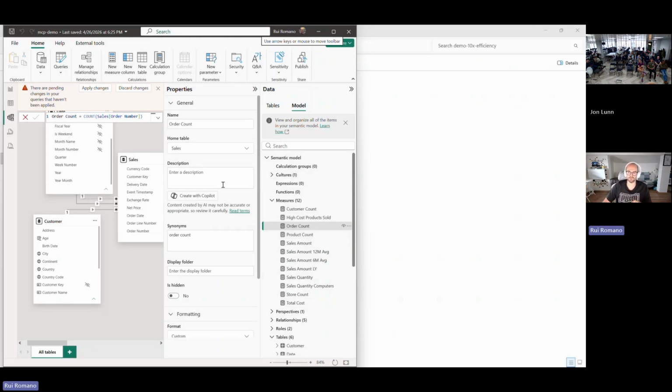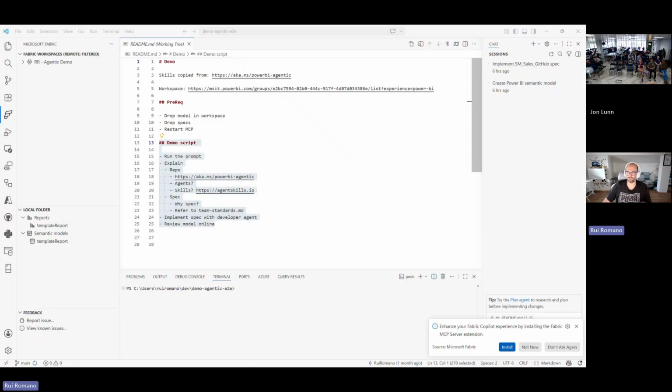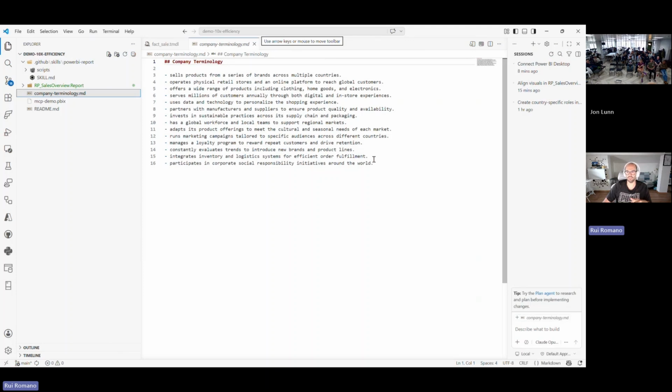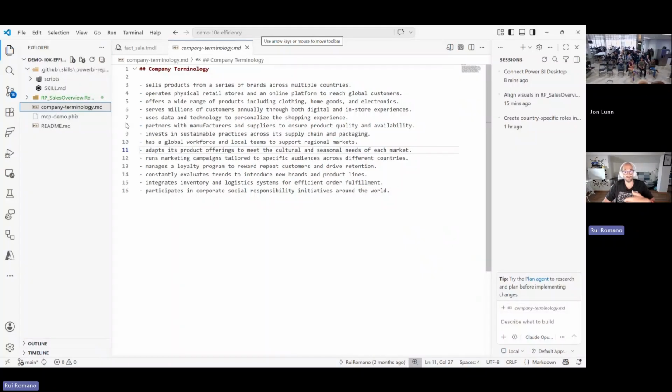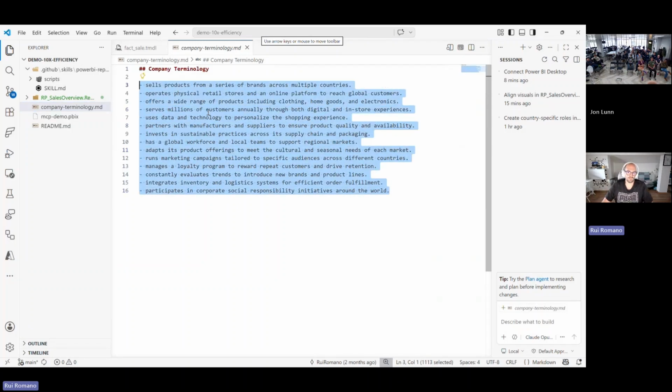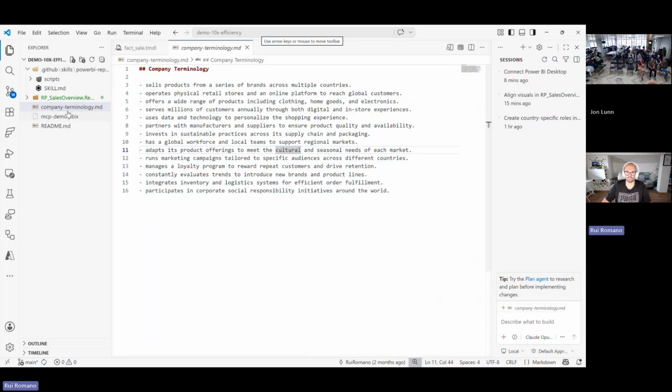And when you define those descriptions, you also have this Create with Copilot, but it's one by one. One thing you can do as well is use the MCP to do that. But not only do that randomly or using the internal knowledge of the LLM, you can have a markdown file where you define your company terminology, what your company does, the company where you are working. You put in context, like verbiage and terminologies about how that company behaves, and then you can just say, okay,